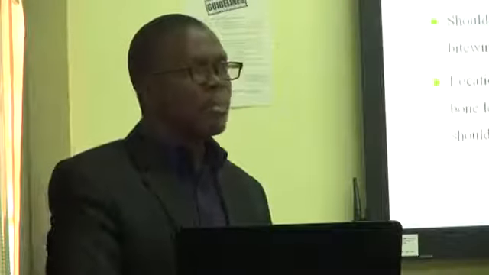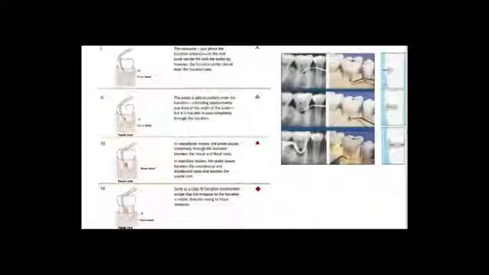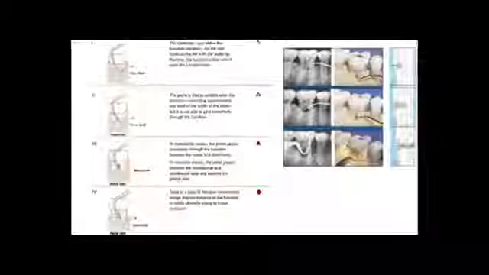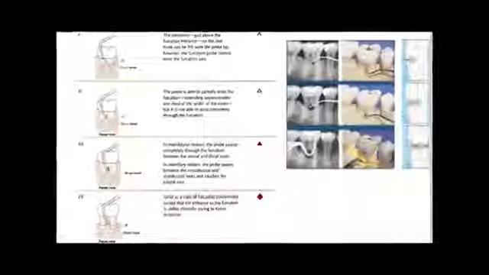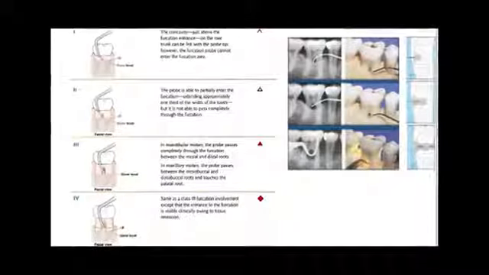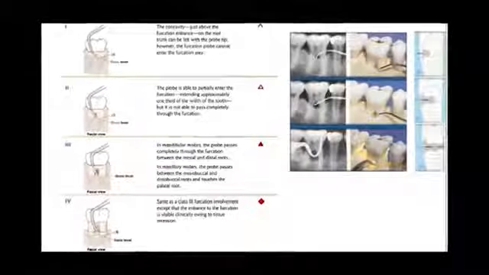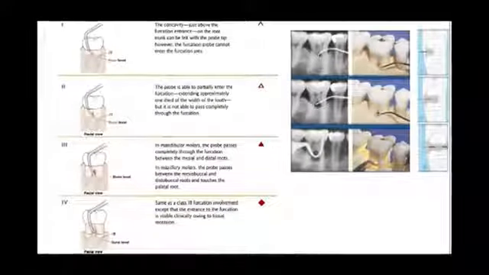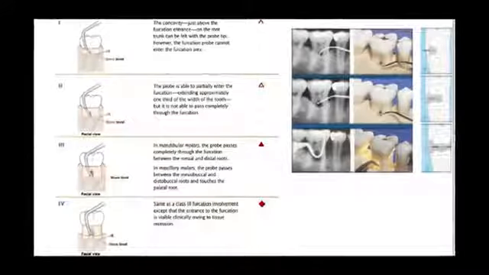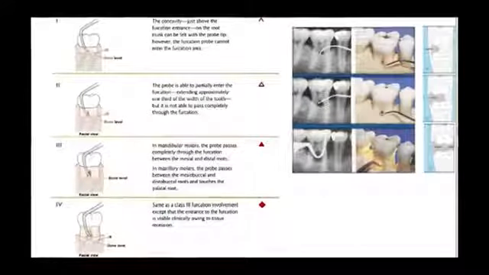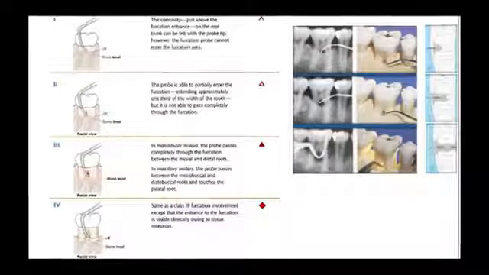Is that okay? So make use of these radiological aids if you have them. But without 3D, you can still make a reasonable diagnosis. So let us come to the classification. The commonest we know is Glickman's classification, which is based on how much of the probe enters, one being just an incipient. If you can see the entrance, or the dome, or just the apex of the bifurcation, if you can see that or probe it slightly, then we can say that it's an incipient or a grade 1 furcation.